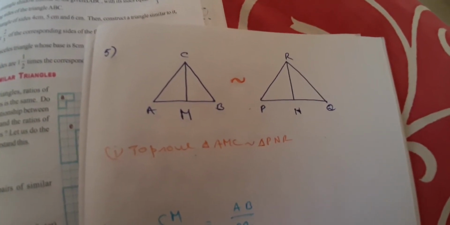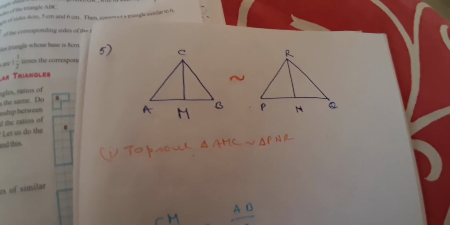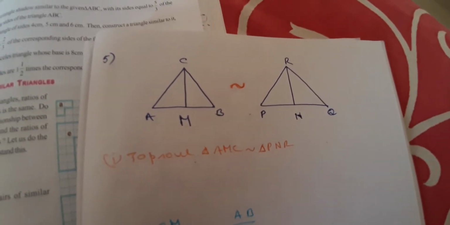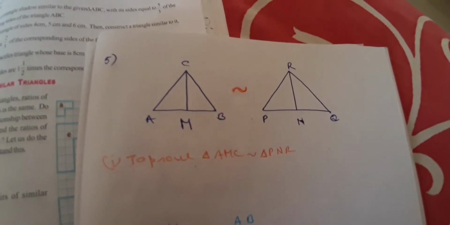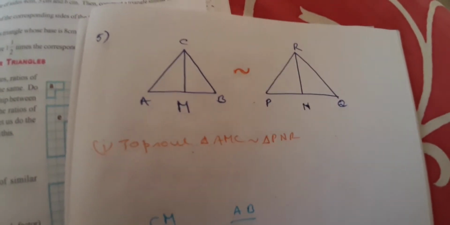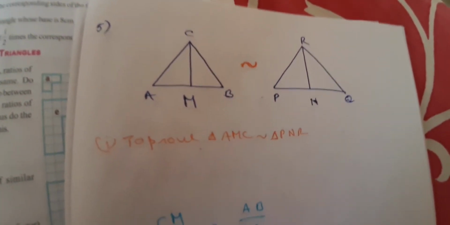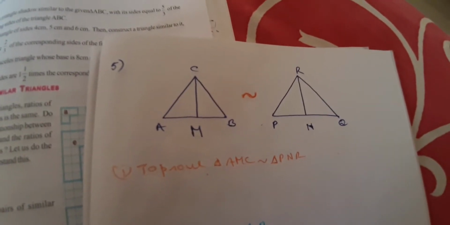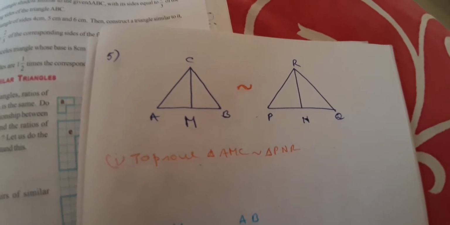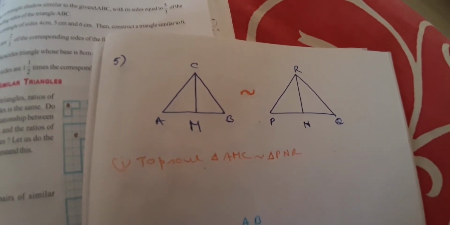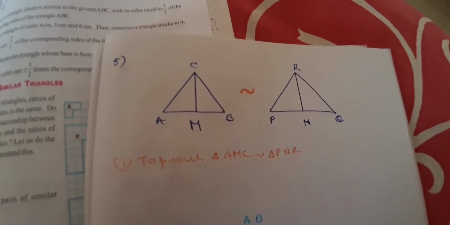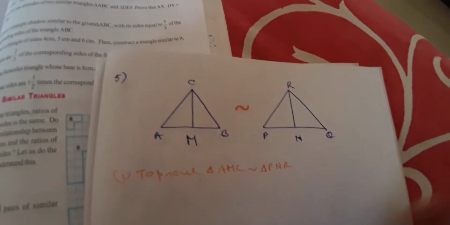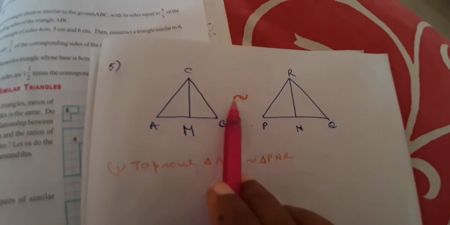So here the triangles are ABC and PQR. Children, please, it looks as if they are equal in size in the diagrams. Because these are the diagrams which are given in your textbook, therefore I drew them as they are. But they need not be equal. Please remember, what is given to us is only that the two triangles are similar.